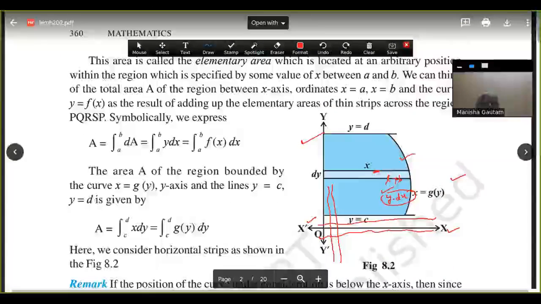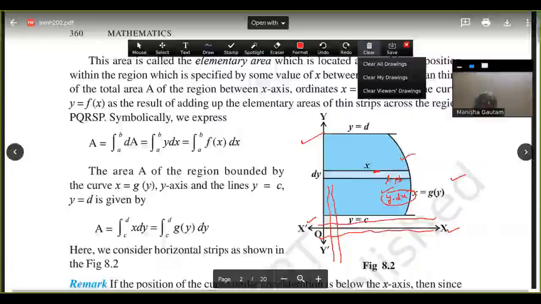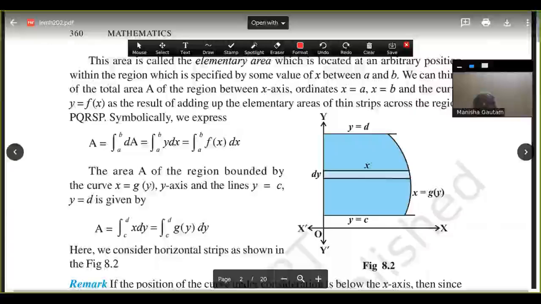Yes, area under the curve can be calculated. Area is equal to integration from limit a to b of the area of one rectangle which we have calculated, that is y into dx. Integrate this area from point a to b, you will get the area under that whole curve from a to b. If the curve is not like the one we have studied, but like this one,